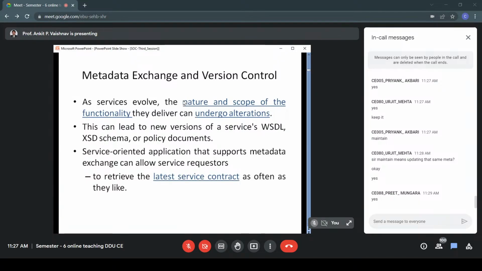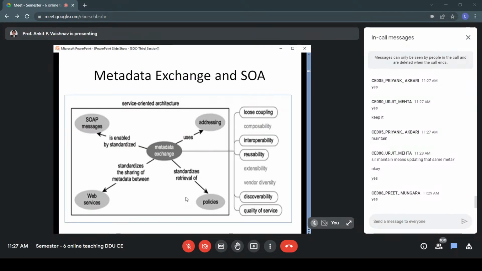So this is not that easy, right? We have to maintain multiple versions. We have to provide metadata. Plus, we have to provide metadata as and when required. So ultimately, the designer of the architecture has to be very critical in all these concepts. Fine. So I hope you are clear with the basics now.